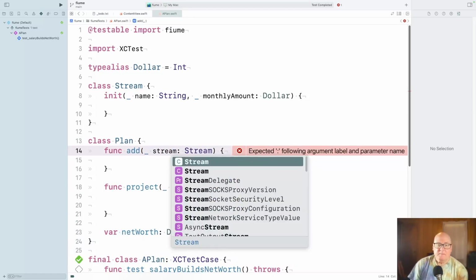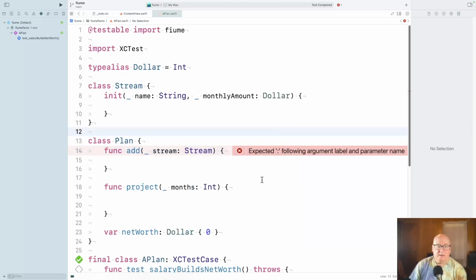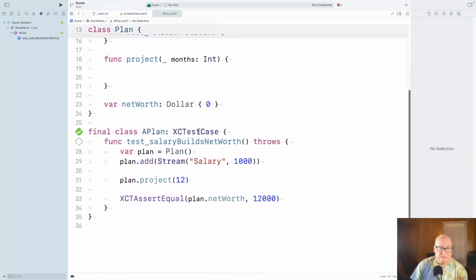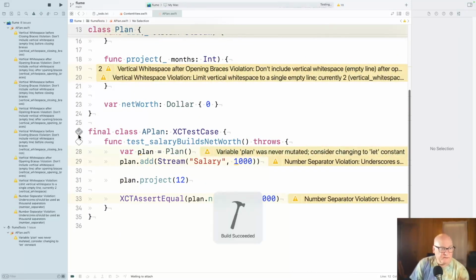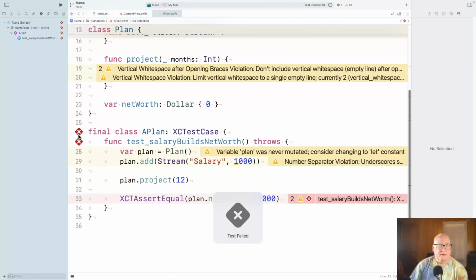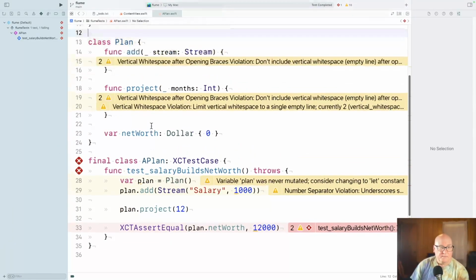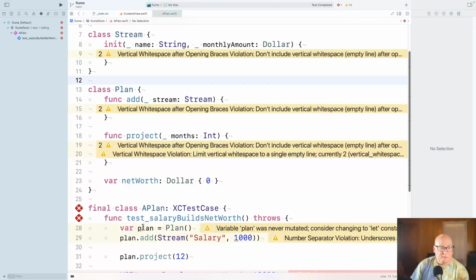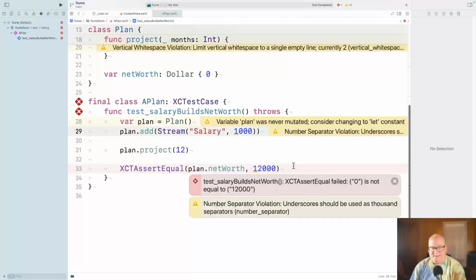Okay. Yeah, we're going to need an amount. Okay, this should be enough to fail the test. Yeah, that's all complaining. Why would that not be mutable? Okay. Well, the test failed. Good. 0 is not equal to 12,000.